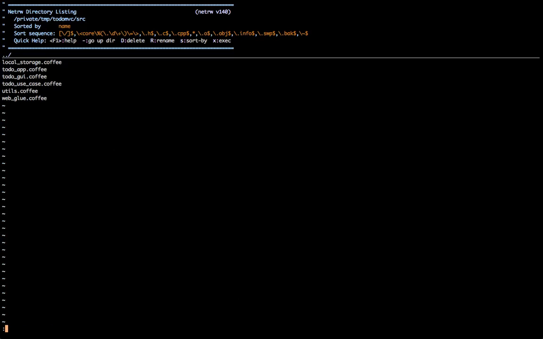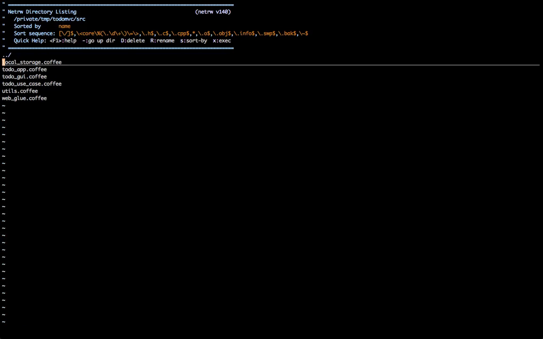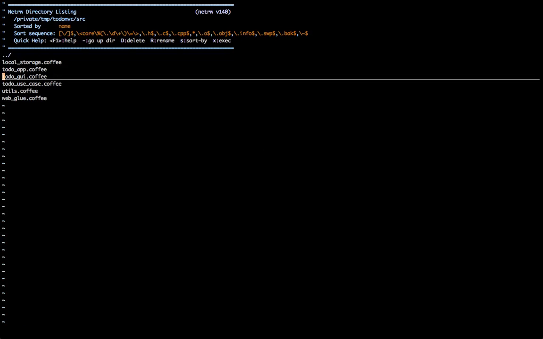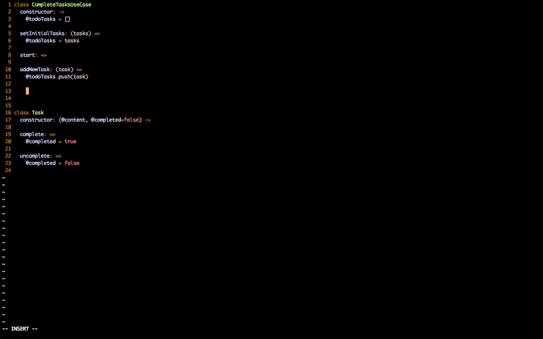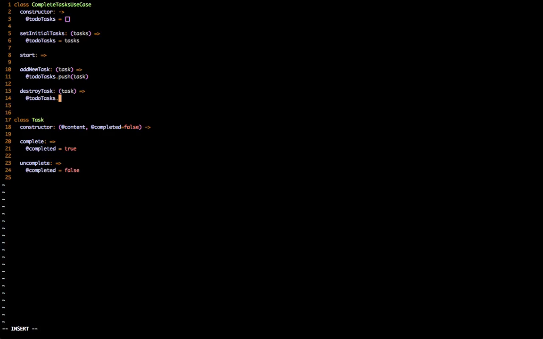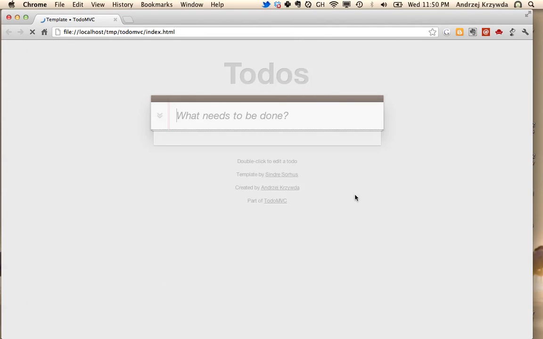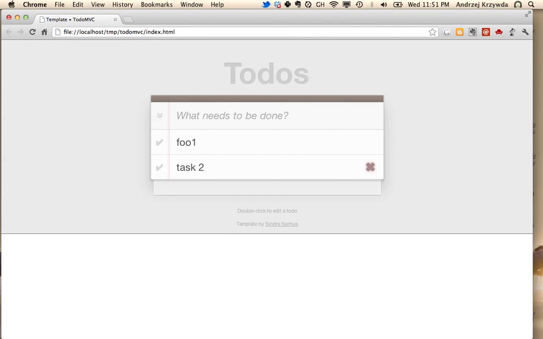This is the source directory of the project, and because this approach uses use cases as the base, that's the current use case, complete task use case. We can set some initial tasks, we can start it and add new task. So we want to add, let's call it destroy task. And we want to basically remove it from the collection of tasks. Obviously it doesn't do anything yet, but if we open the console,